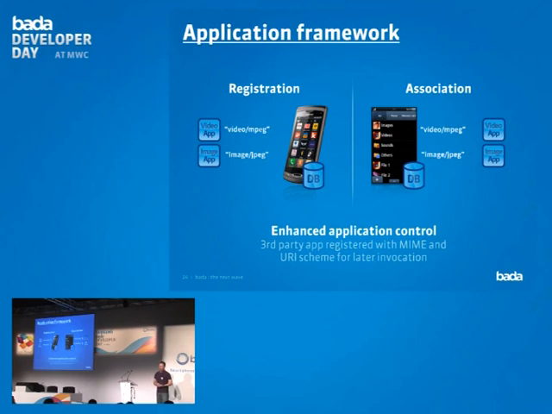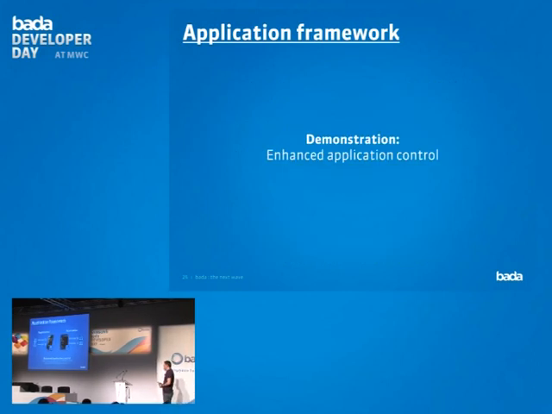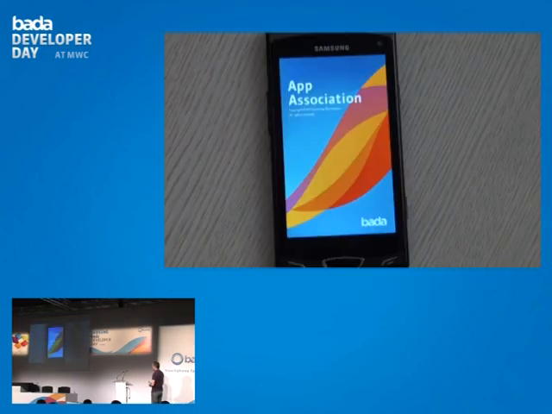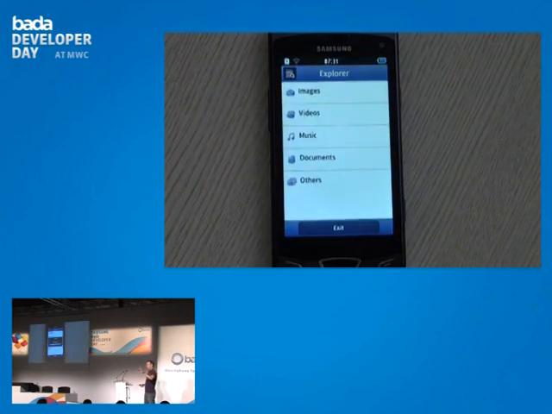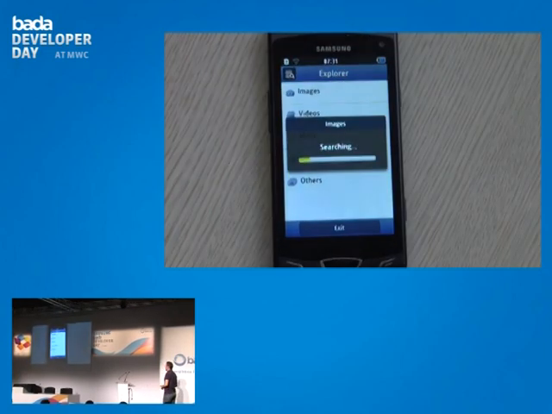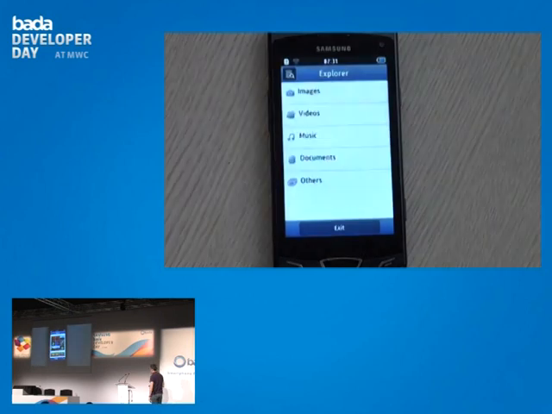Okay, and to illustrate these two additions in bada 1.2, I would like to show you a little video. Can you please switch to the video? We prepared videos, but we have all those applications and demos also available in our stand out there. So what I would like to show here is basically